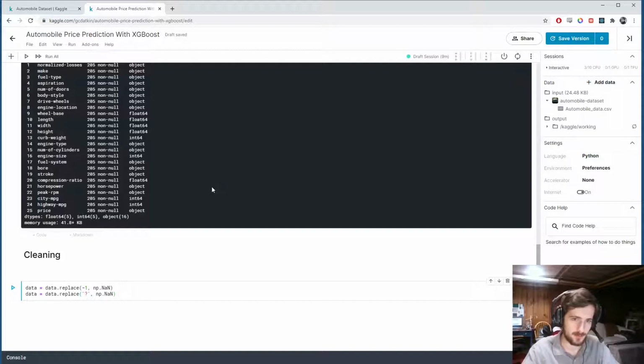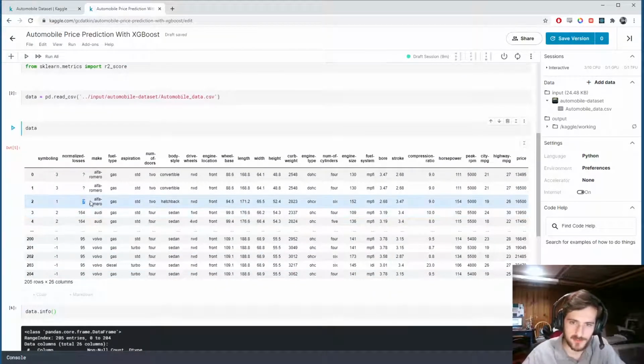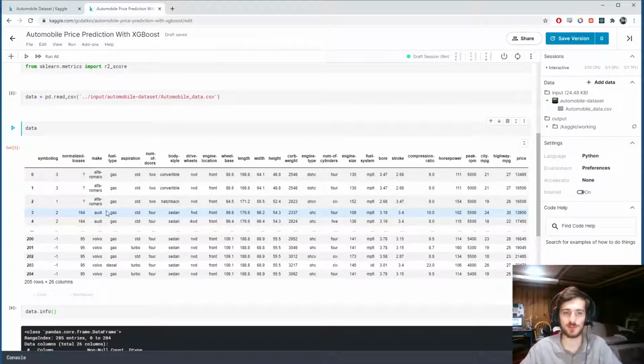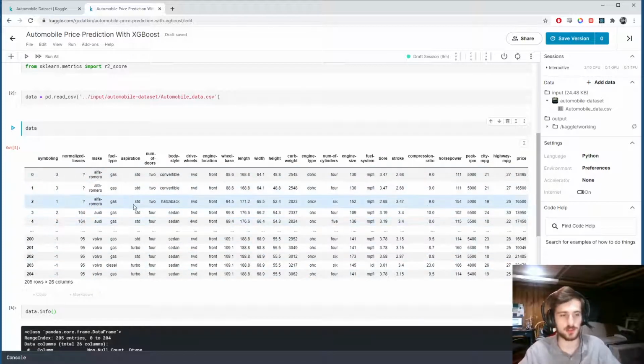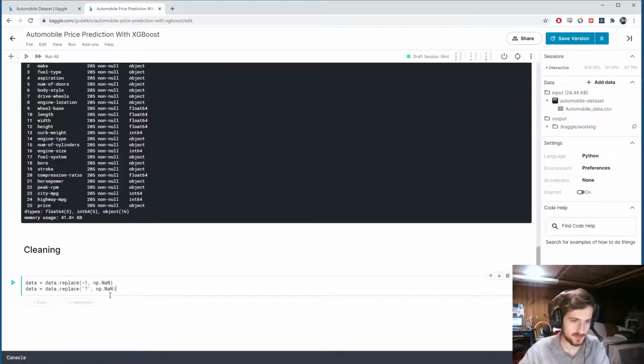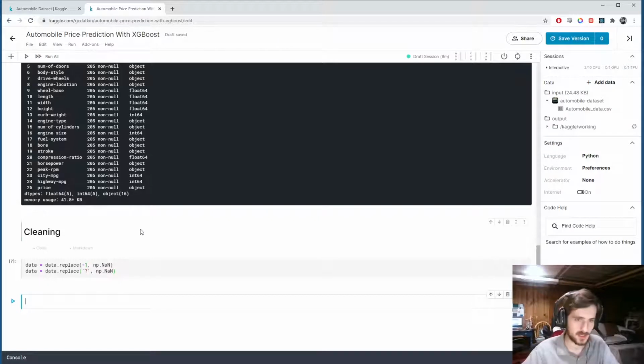Alright, before I actually execute this, I want to note some of these missing values are in numerical columns. So after I run this, I'm going to have to go back, because technically these are being counted as strings as well. So even after I change these to missing values, I have to convert the column to a numeric column before I can fill the missing values with the mean. So let's replace, and then I'm going to take a look at the data types